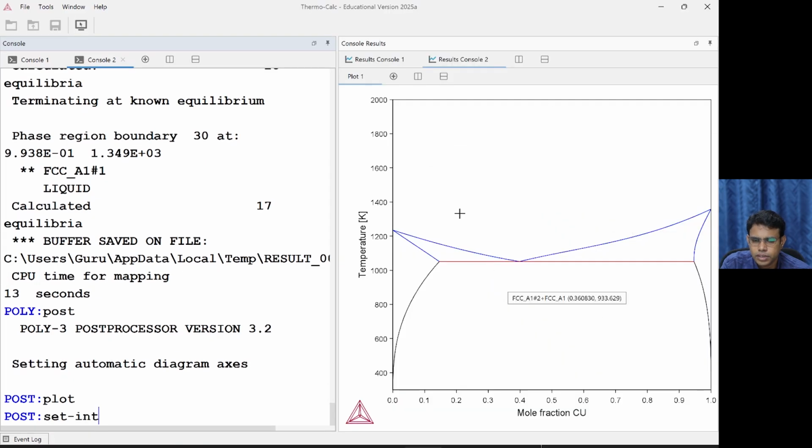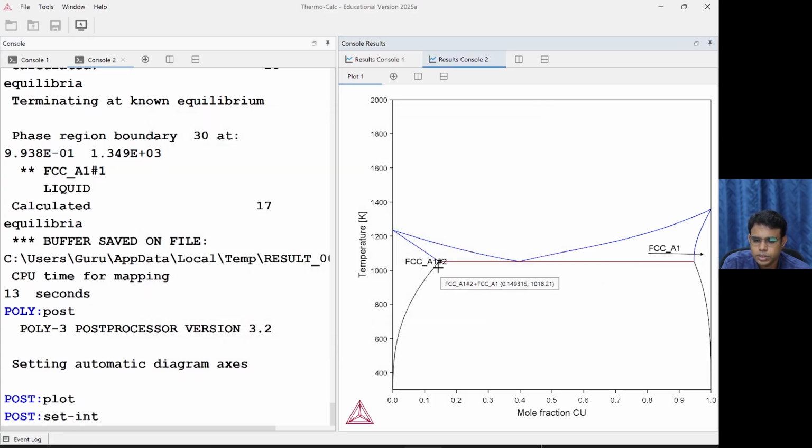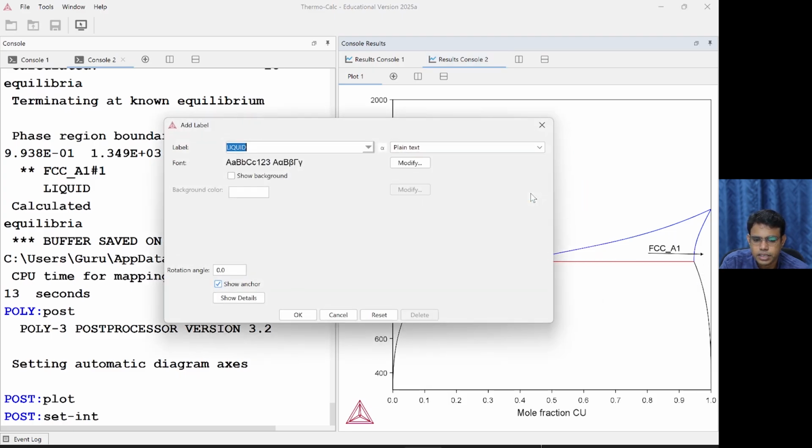The results console is here where you see the silver copper phase diagram has come, the one that I showed you in the slides. If you right click, add label and see FCCA1, FCCA1. This hash2 here is basically a composition set. Within FCC phase, now we have two different compositions, one copper rich and one silver rich. So composition sets can be created for that. In the TCM file, there was a provision just above the FCC. If you see, it is typed, but we have not gone deeper into that. But this is possible. And at the top, we have liquid phase.